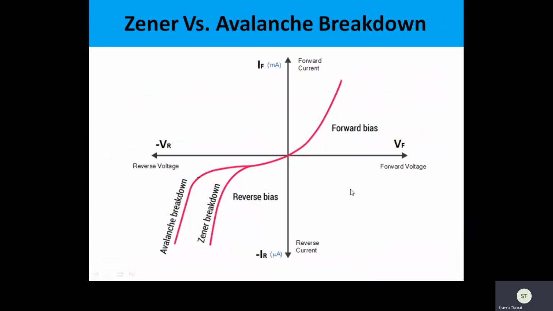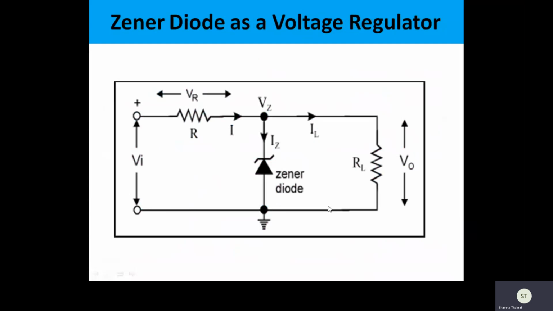So here in the graph, we can differentiate the Zener breakdown and the avalanche breakdown, because Zener breakdown is the case of a heavily doped PN junction diode, so that occurs at a small reverse bias voltage, whereas the avalanche breakdown, because that is the case of light doping, means we have to apply more reverse bias voltage to get the breakdown. So it is shown at a high reverse bias voltage as compared to the Zener breakdown mechanism.